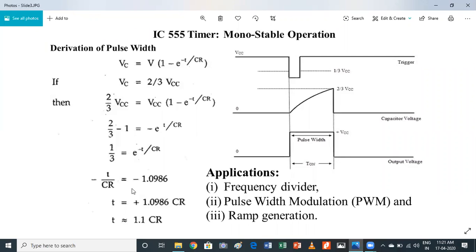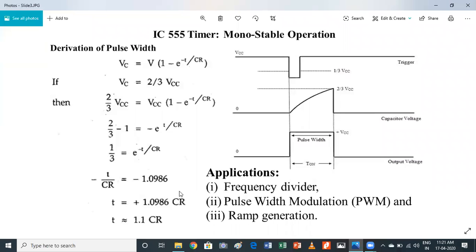We need to find out t only. So we keep t here, and the RC components come after the equal. So t is approximately 1.1 RC. So this is the pulse width of the monostable